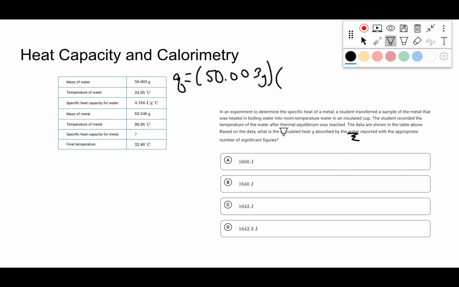I have to use the specific heat for water, which in this one, it gives me 4.184. Like I said, AP gives you all kinds of different numbers for the specific heat of water. You just have to know that you're using the right one. Whatever it gives you in the problem, just use that one. And then my change in temperature. So this is going to be my final temp minus my initial temp. It always has to be final minus initial. So down here's the final temperature. The final temperature, because of thermal equilibrium, is going to be the same for the metal and the water. And so I'm going to use the final temperature of 32.80